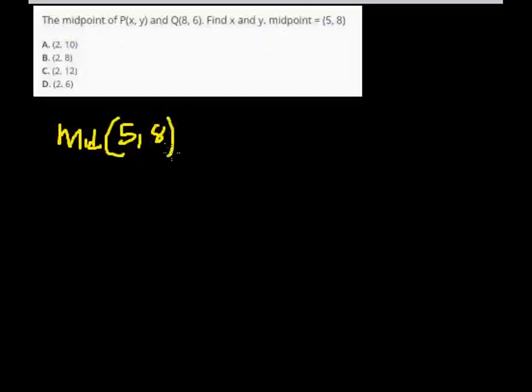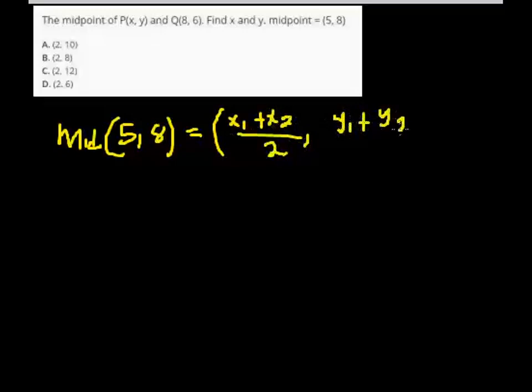Remember, the midpoint is always given as (x1 plus x2) divided by 2, then (y1 plus y2) divided by 2. In this case, the initial x1 is x and y1 is y, and that's what we're looking for. So that means (5, 8)